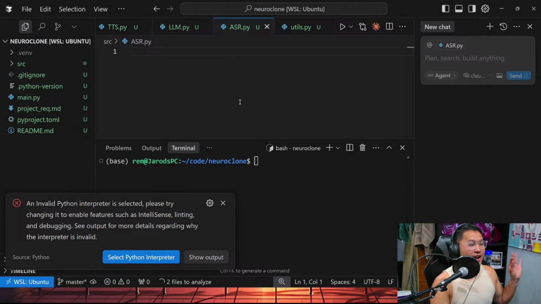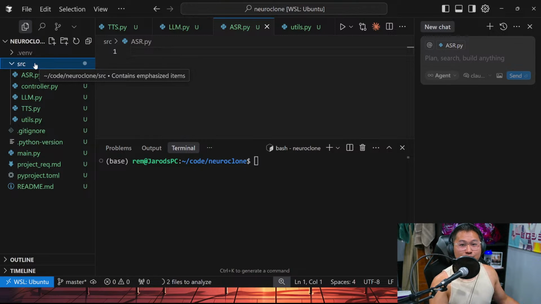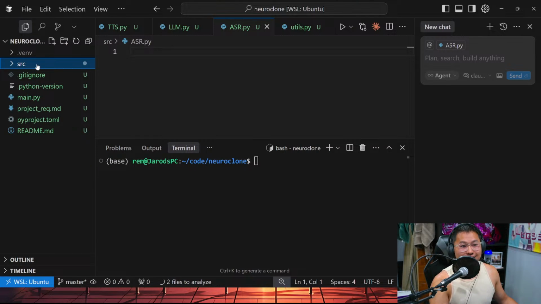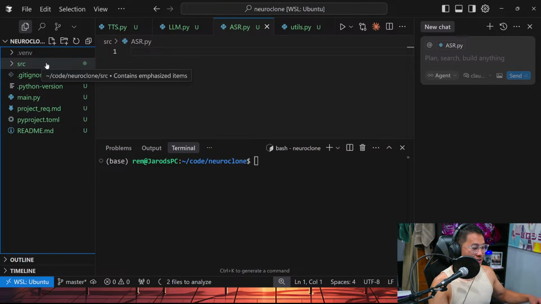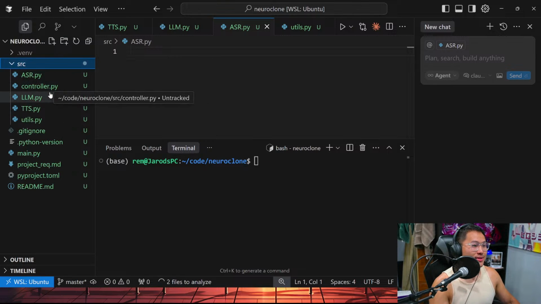See, the thing is, sometimes if you have stuff inside of source and you're running things from the source folder, it starts to run into issues with finding things. So if you just shove everything in the root, it makes the pathing easier. But I mean, we could add source to the Python path, and it could find some things there.